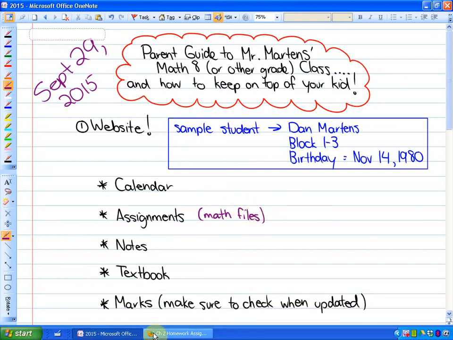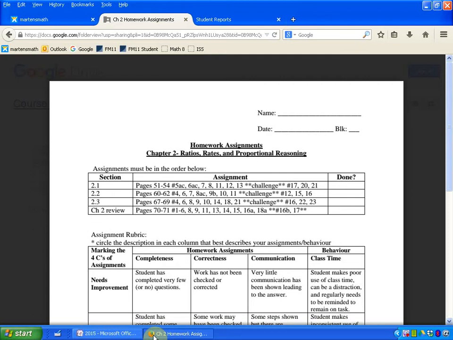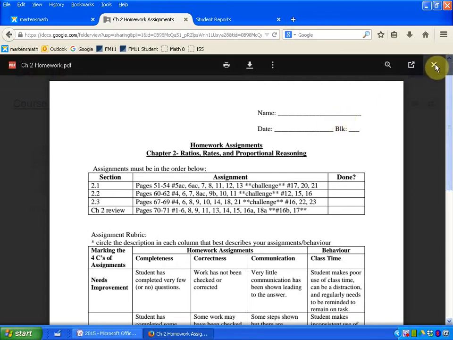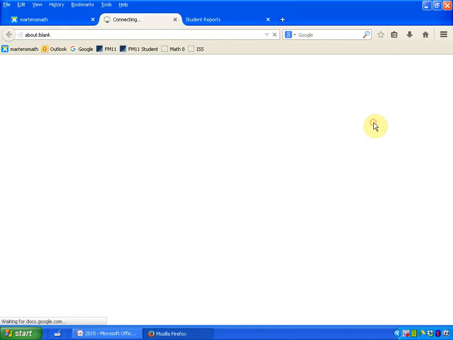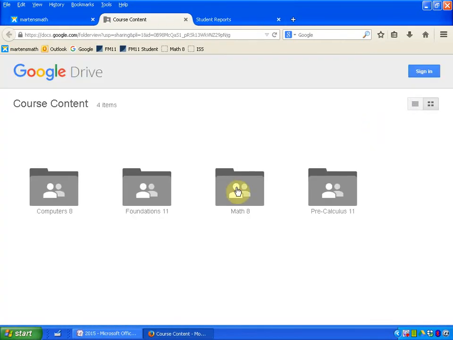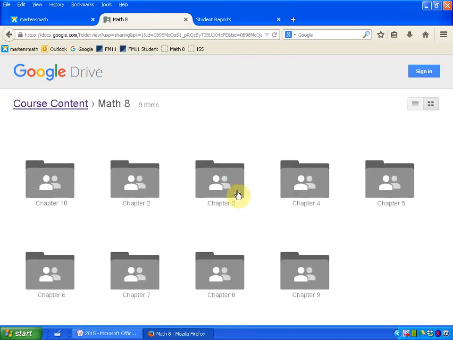Another thing I want to show you is where you can find notes. Your child will do notes once in a while throughout the year and throughout chapters. So if you go again to the Math Files link, you'll find notes kind of in the same place. So Math 8, and if we're in Chapter 2 and you'd like to see what we did in Section 2.3,